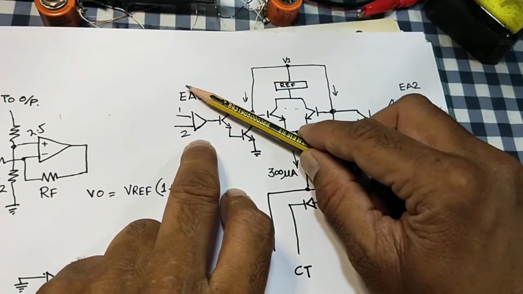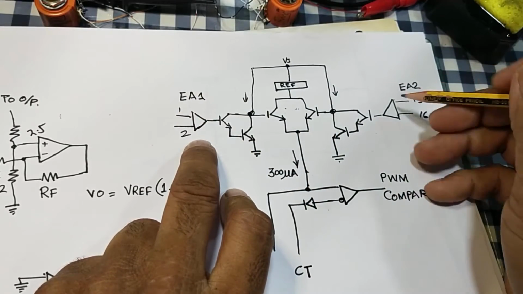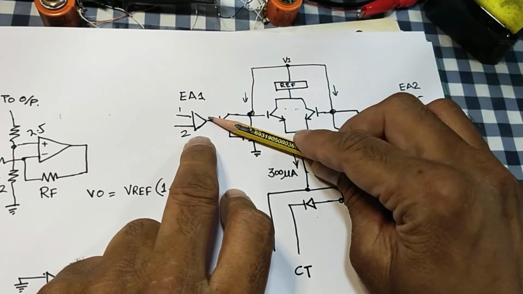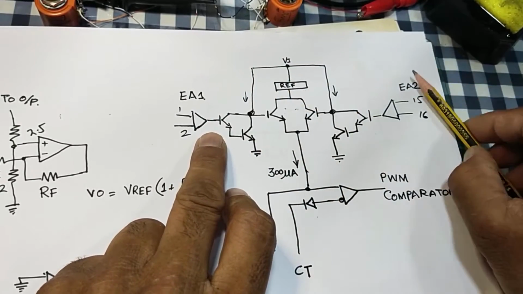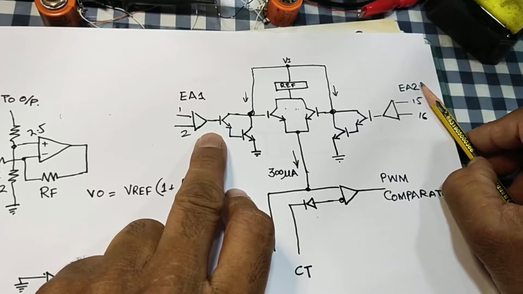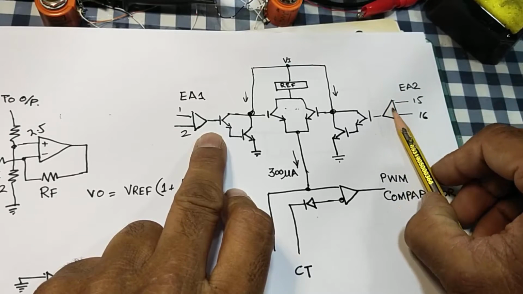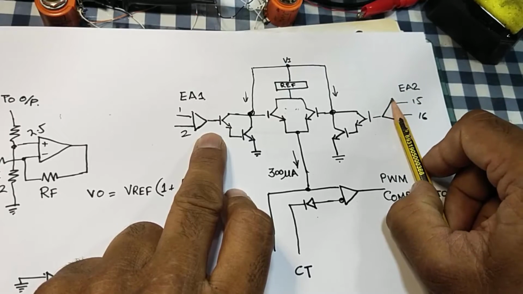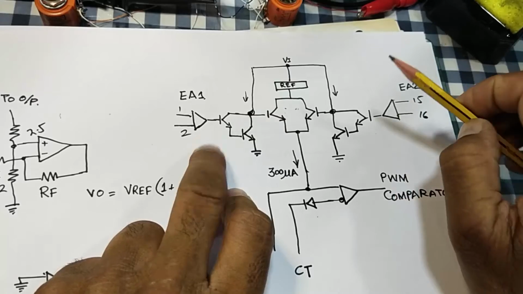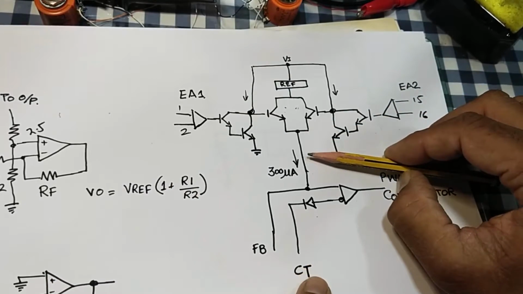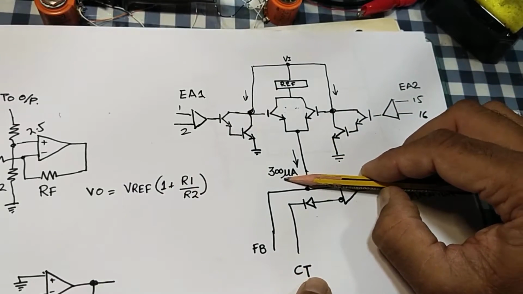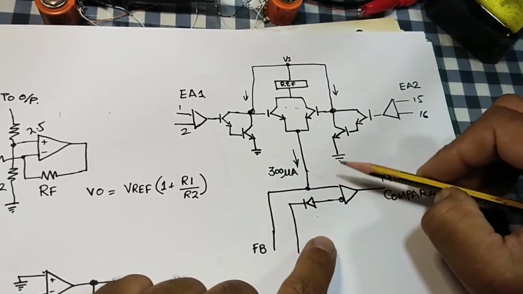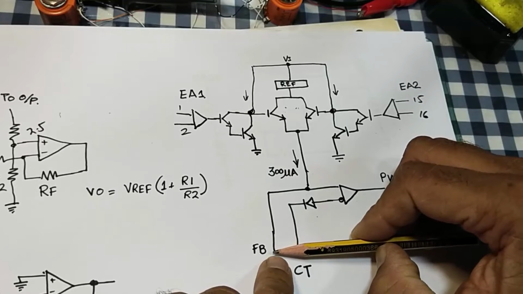Error amplifier number 1 is for voltage mode. Error amplifier number 2 is for current mode. It is to regulate the voltage and it is to limit the current. It is also called the short circuit protection circuit or current limiting circuit. So it will provide a sink current of 300 microamperes minimum, 300 to 700 microamperes, which is to be set